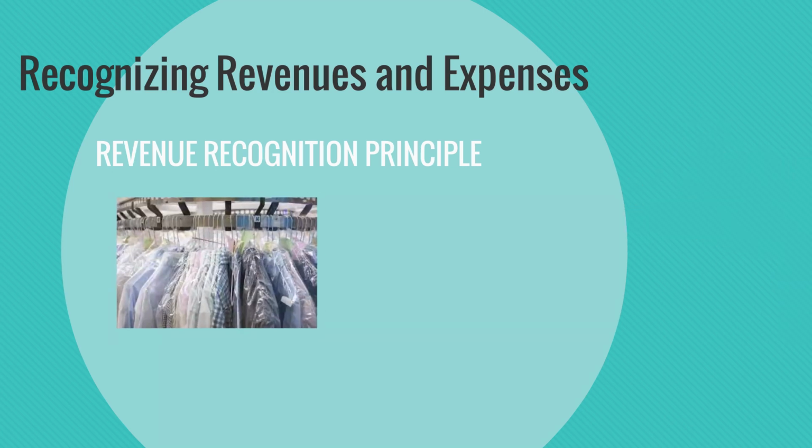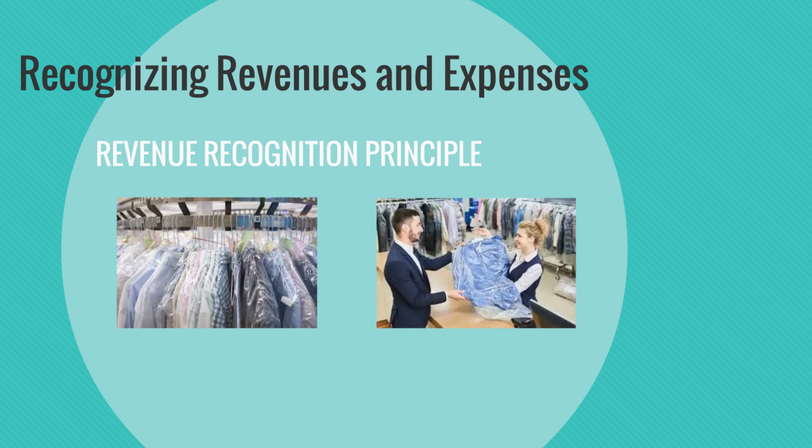Let's assume that Dave's Dry Cleaning cleans clothing on June 30th, but customers do not pick up and pay for their clothes until the first week of July. This company should record revenue in June when it performed the service, rather than in July when it received the cash. On June 30th, they would report a receivable on its balance sheet and revenue in the income statement for